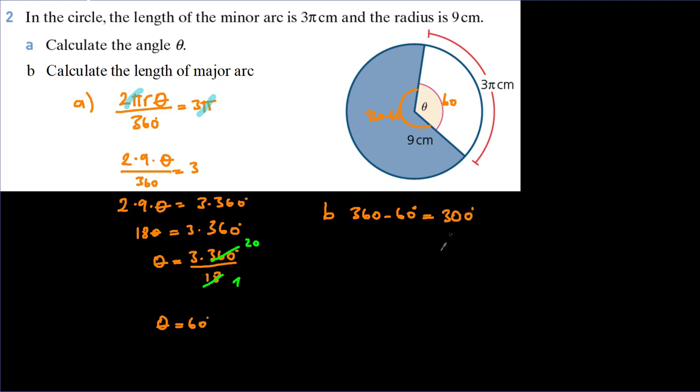And with respect to that one, L is equal to 2 pi r times theta over 360. It's going to be the length of the major arc. So it's going to be equal to 2 times pi times 9 times 300